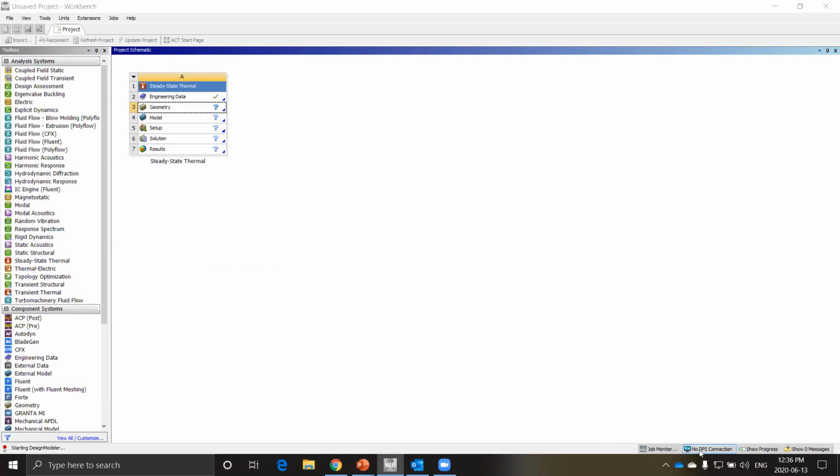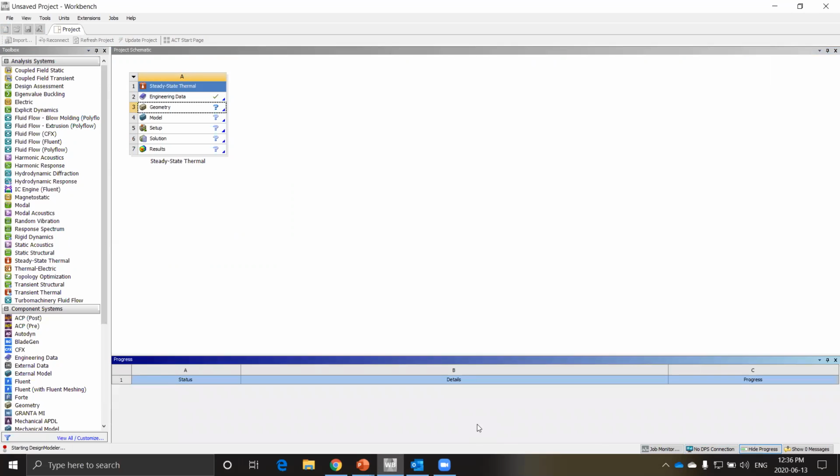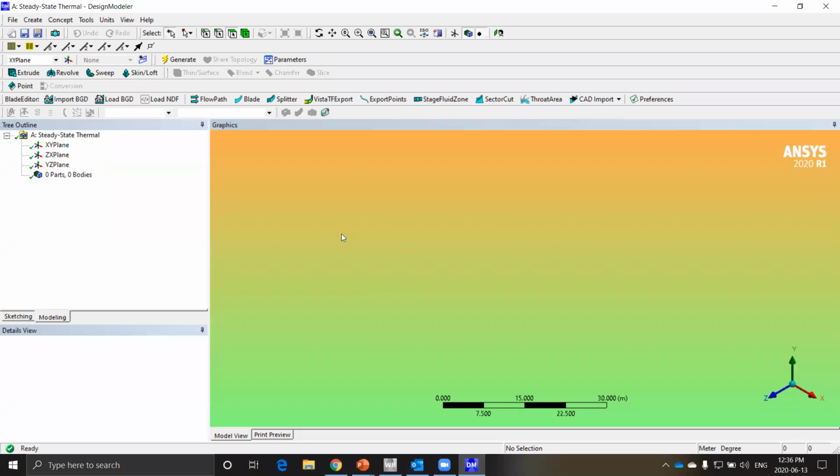Usually you can check the progress by clicking on this show progress icon. When you solve the simulation, it gives you the status and the details. So that's the interface of Design Modeler.